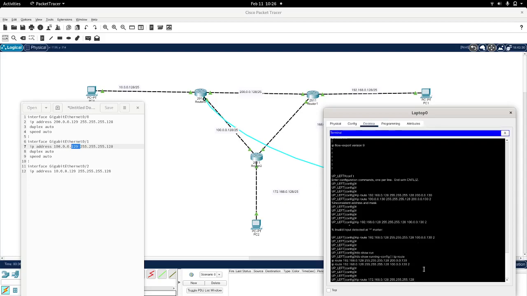The primary gateway will be on the family of the 100, which is the 100.0.0.130,